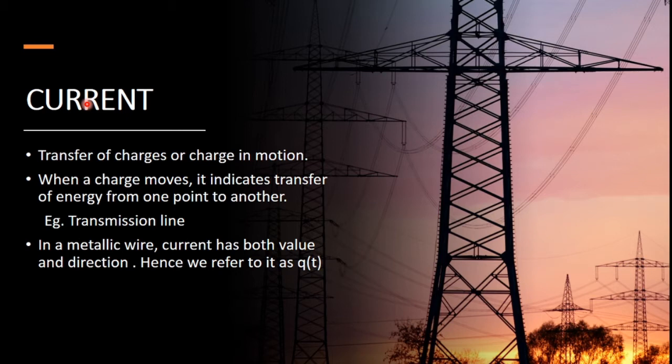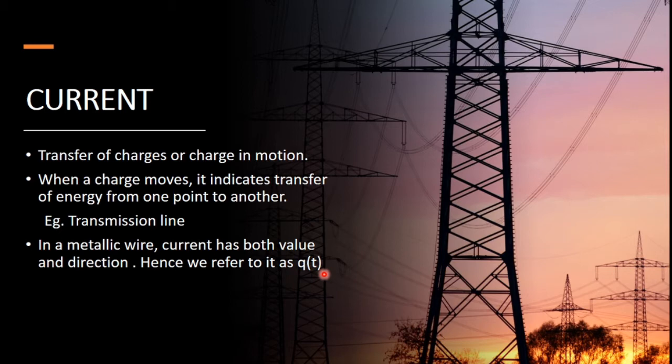So this is again a varying quantity, right? With respect to time, anything that varies, we define it with respect to time. At this time, this much of energy has flown. At this time, this much of energy has flown. So we cannot say that to be a constant quantity. It is a variable quantity and therefore it is defined as q of t. I hope I've made my point clear.